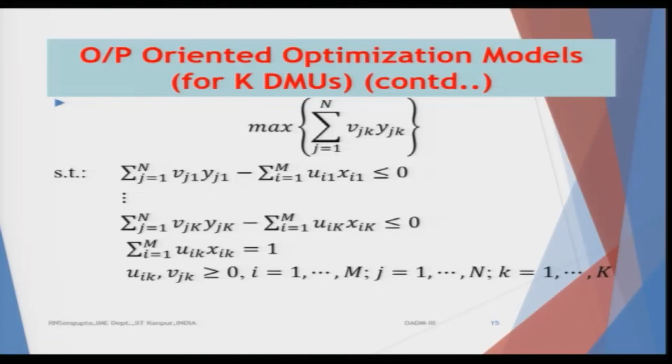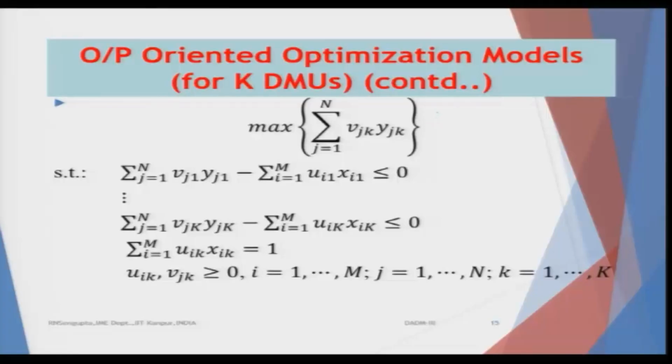If I keep the denominator fixed at 1, maximizing the ratio would also mean that I can maximize the numerator. So, they would basically mean the same thing, in the sense the constraints would also change accordingly. So, I am maximizing the numerator, which is the bundle of outputs, but as I am doing that, I am converting each and every constraint, along with the fact that I am adding an extra k plus 1th constraint, which corresponds to the denominator which is being removed from the objective function and brought into the constraint.